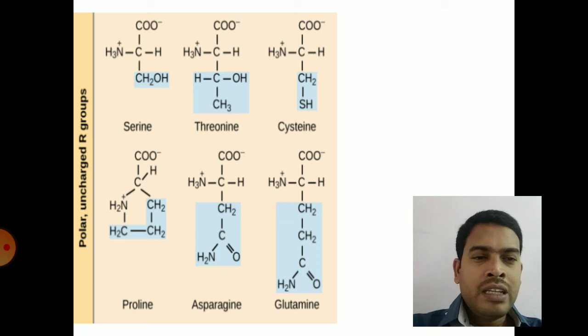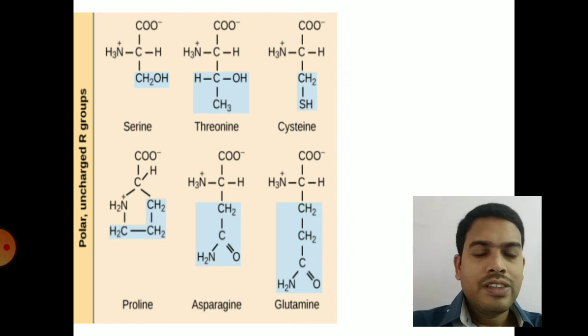Proline plays an important role in proteins, especially it is present in beta pleated sheets and also the collagen triple helix. So that is the function of proline, and we will see the role of proline when we see the structure of proteins. So it is present in collagen as well as beta pleated sheets. That is proline. So the next ones are asparagine and glutamine.